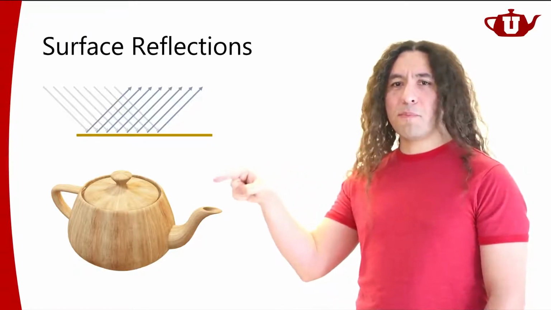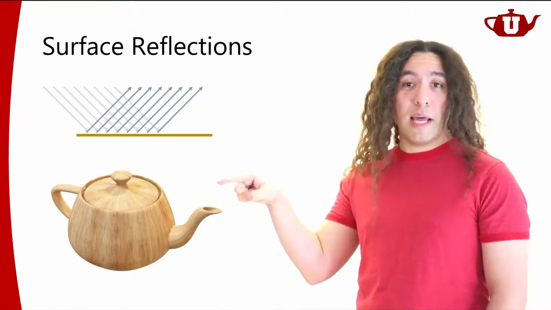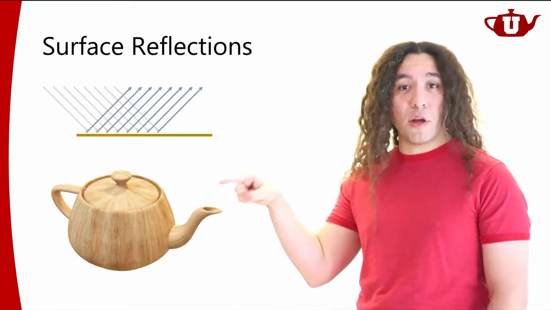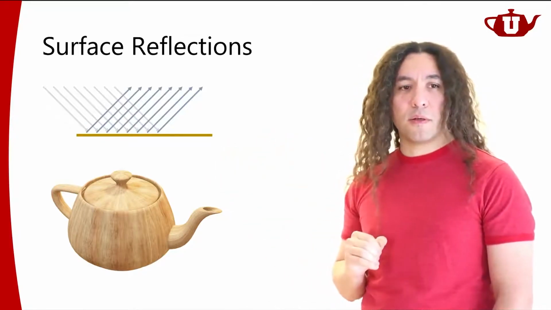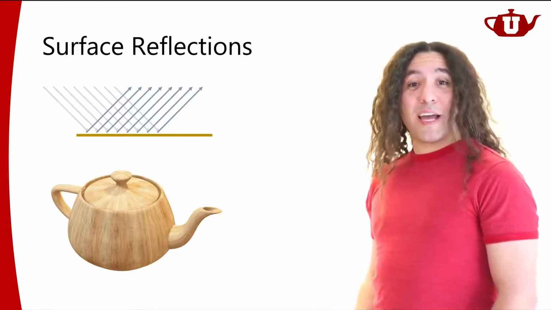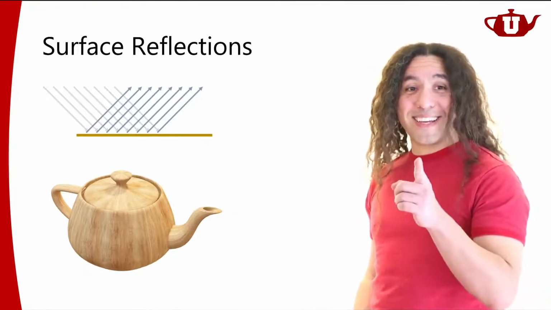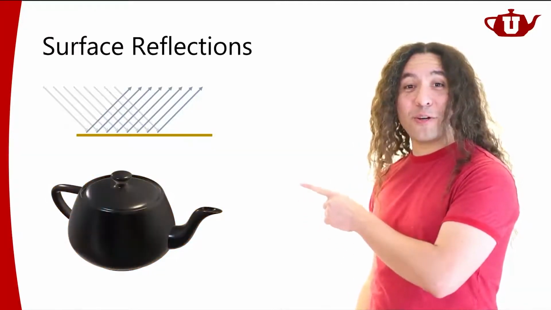Now, what would my teapot look like then? It wouldn't look like this, right? It would look like this if the surface was rough. If the surface isn't rough, if the surface is almost perfectly smooth, in that case, it will look shiny. But how shiny? Actually, it will look just shiny. It will look like this.